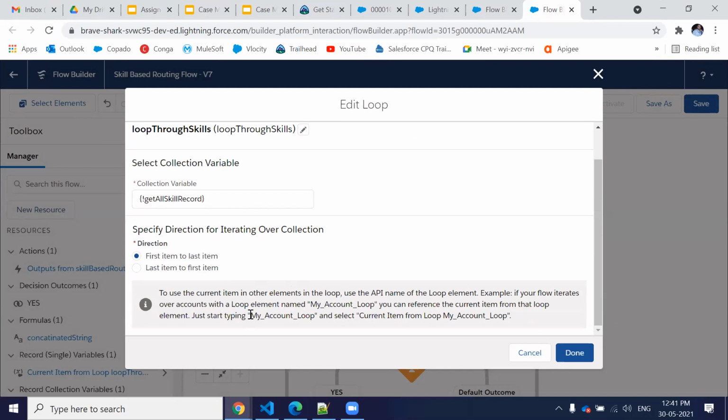You do not have to create another variable. It automatically generates. So if this is my loop name, then it is going to generate a variable name like loop underscore through underscore skills.